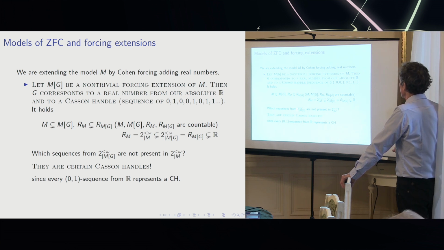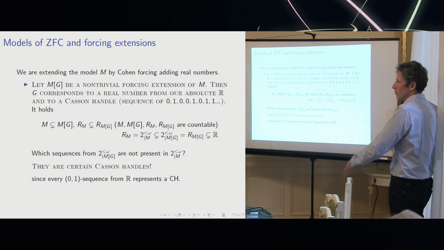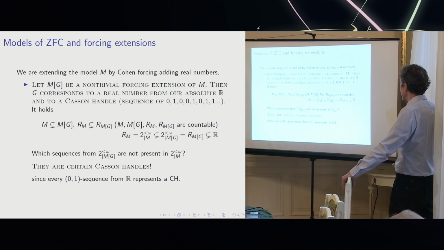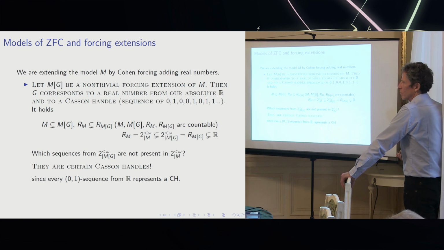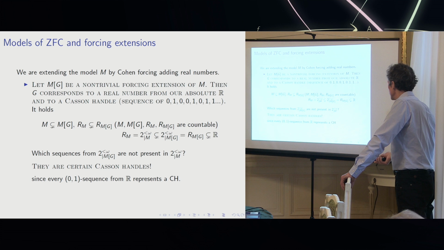Okay, which sequences from these real lines in the extended model are not present in the non-extended model? They are certain Casson handles. Whatever they are, there are sequences of 0, 1 numbers, and they must be represented by certain Casson handles. So we have a direct conclusion that